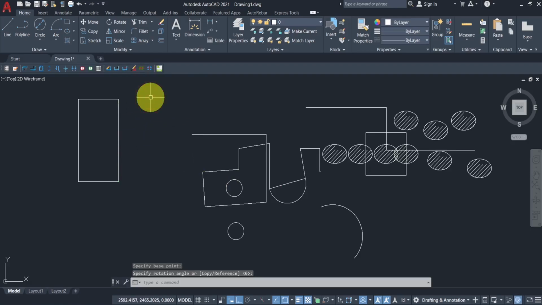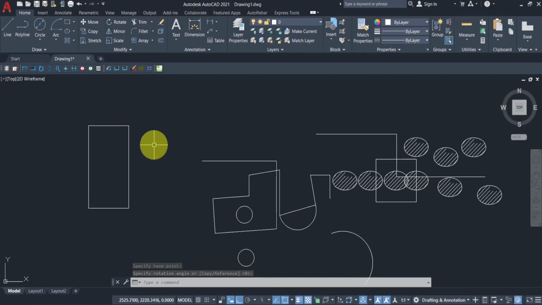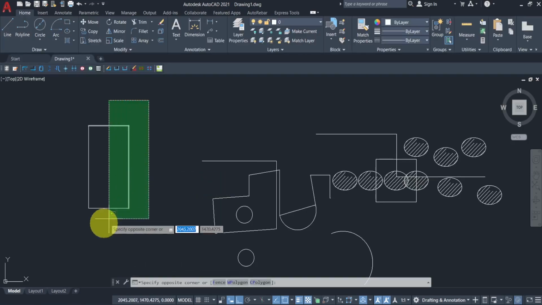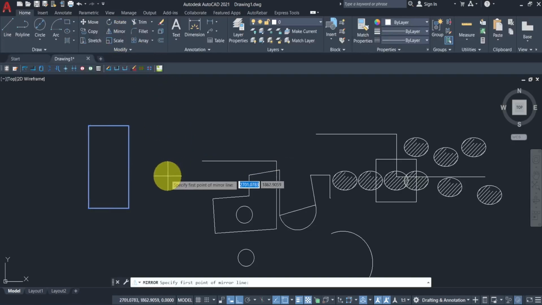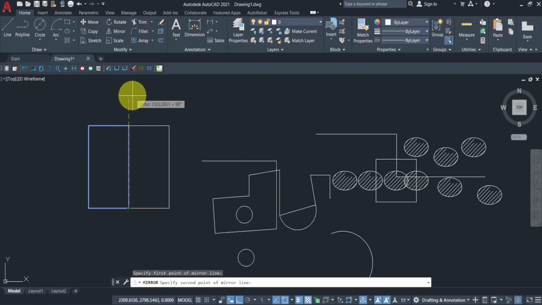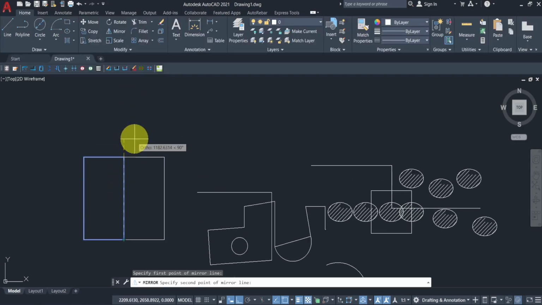So this is how rotate works. Another one is the mirror. It enables you to create a copy of an object in an opposite direction. So you select what you want to copy, to mirror, and then activate the mirror. You specify the first line is from here, and then since we are using the orthogonal mode, you just drag it straight upwards like this, and then erase source